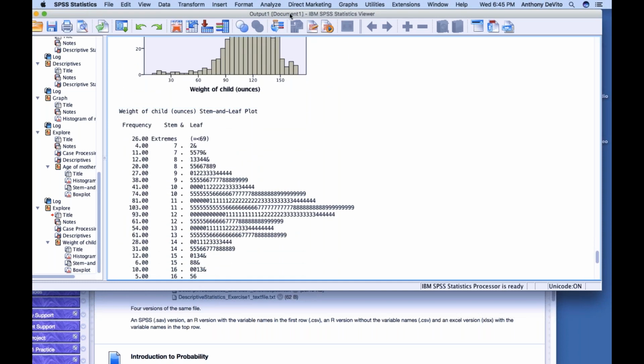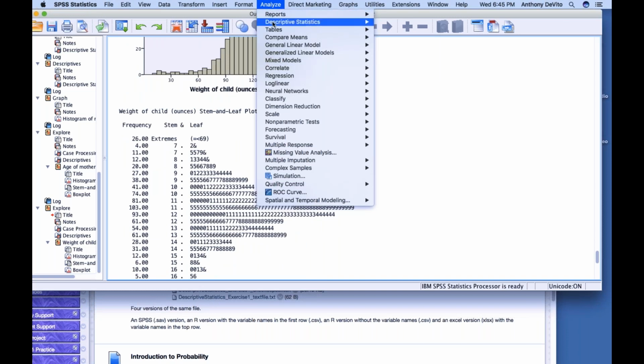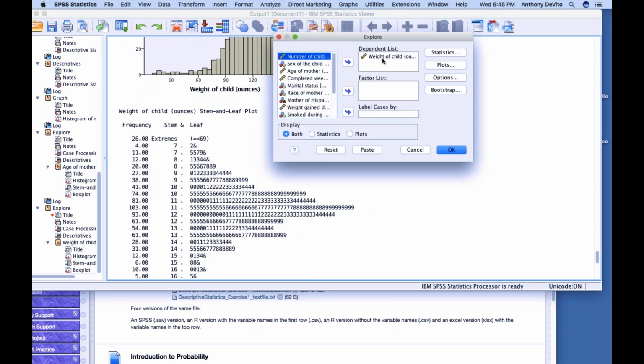So I'm going to go over here and take a look. I'm going to say analyze. I'm going to go into descriptive statistics, into explore, and I'm looking at the weight of a child. Well, would it be interesting to know if smoking status affected the average birth weight of the infant? Well, in order to do that, I have to break this data